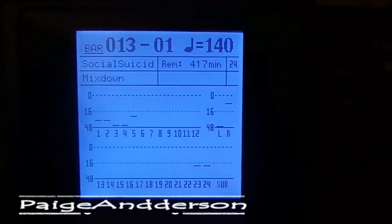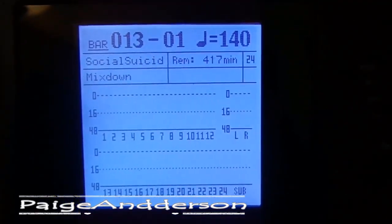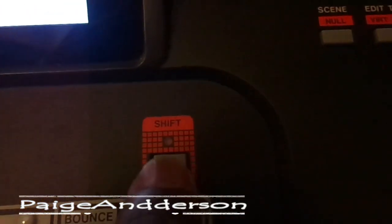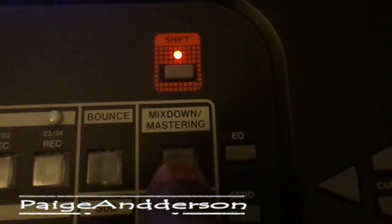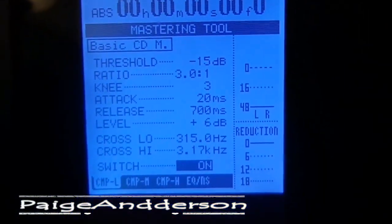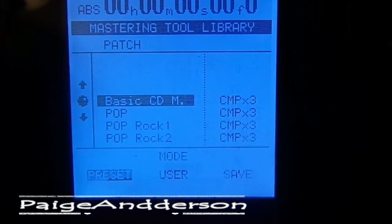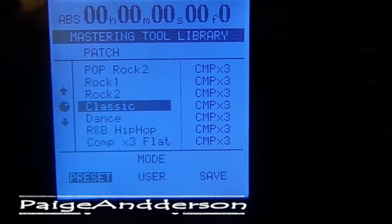Alright, so I have stopped that at 13 bars, and if you notice, the mix down mastering button is blinking. To get to the master, to get to that multi-compressor, you're going to hit shift and then the mix down mastering button, and then it's going to bring you there. Here you're going to hit enter,